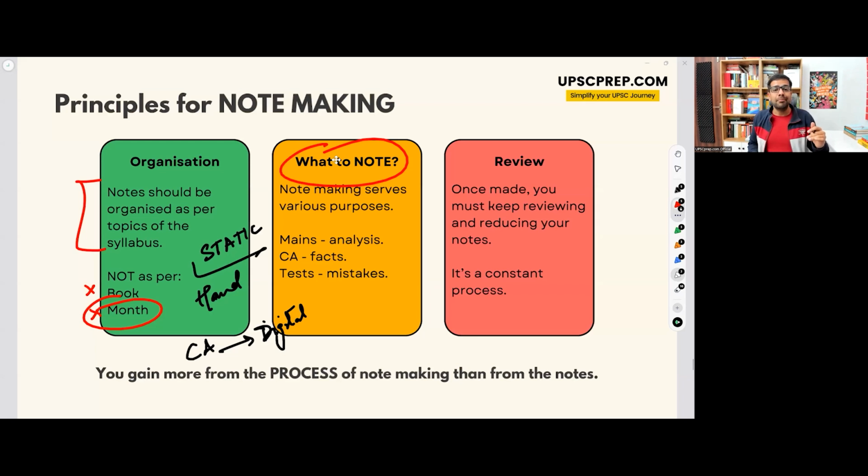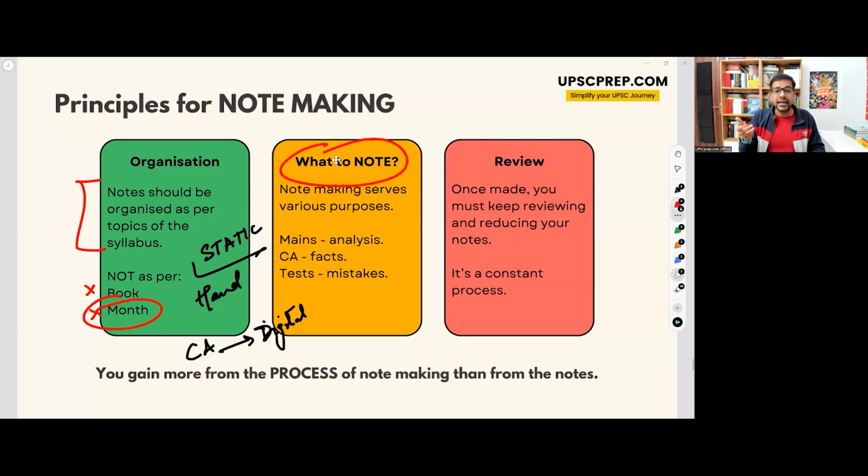But beyond that, my notes should contain what are the functions of the Parliament, what are the problems in the functioning of the Parliament, what are the proposed solutions for these problems. Now, these are not things that you will find maybe in just Lakshmikant. Maybe for this, you will have to read the Bare Act. Maybe for this, you will have to read some newspaper article, editorials वगैरह जो आते हैं. So those are very useful in making these sorts of notes.